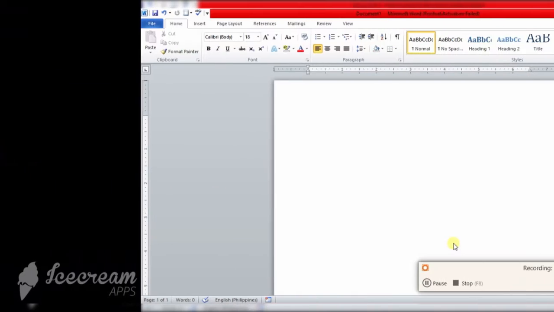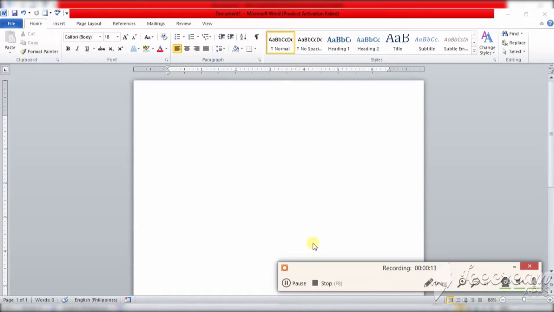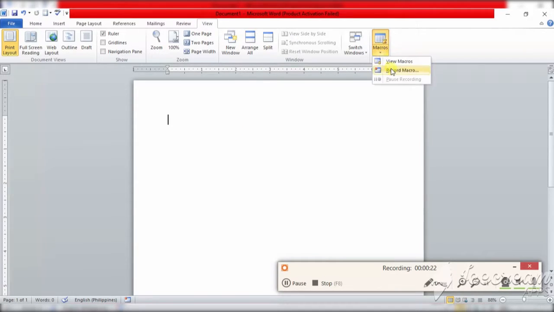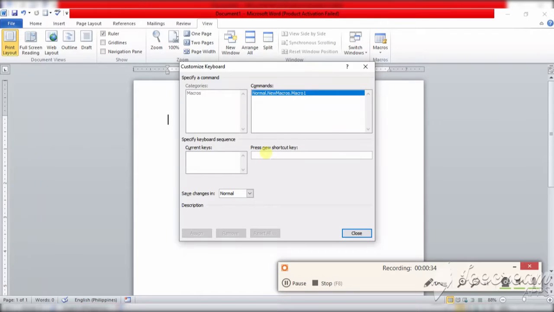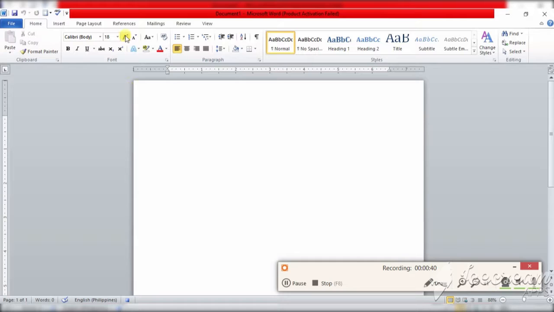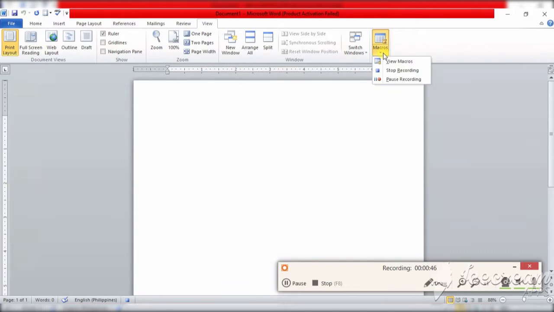Let's start. First off, I'm going to show you how to make a shortcut to adjust the font sizes of the text in Microsoft Word. All you have to do is click on View, click on Macros, click Record Macro, name this Macro 1, and press Keyboard. Do you want to replace? Yes. Now I choose the shortcut key of Control 1. Press Assign, close it, go back to Home, and press the Grow Font once, go back to View, and stop